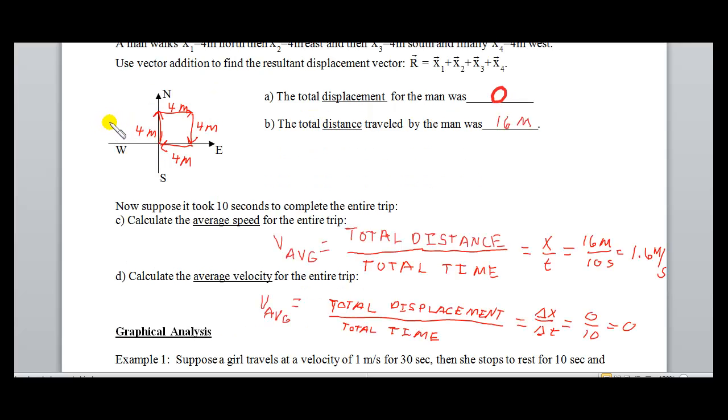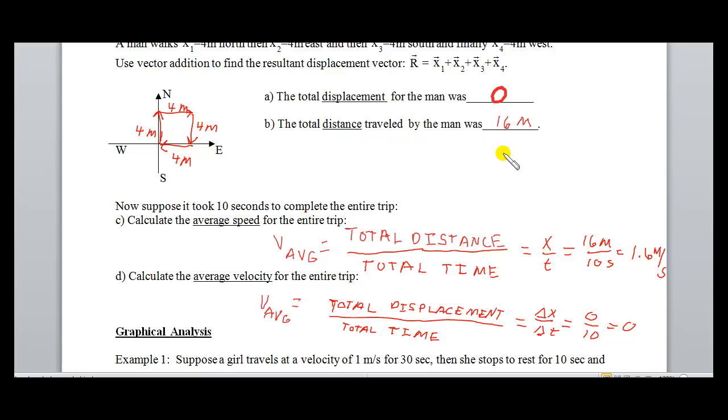Okay, let's compare some answers. First of all, for the resulting displacement, we go 4 meters north and then 4 meters east, connecting tail to head, 4 meters south and 4 meters west. And as you can see, there's nothing left over, so the total displacement for this trip was 0. On the other hand, the total distance, where we ignore direction, will be 4 plus 4 plus 4 plus 4